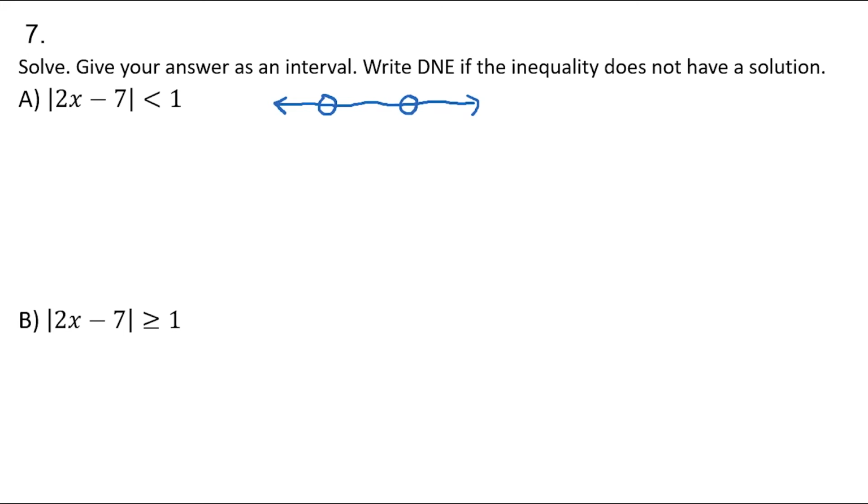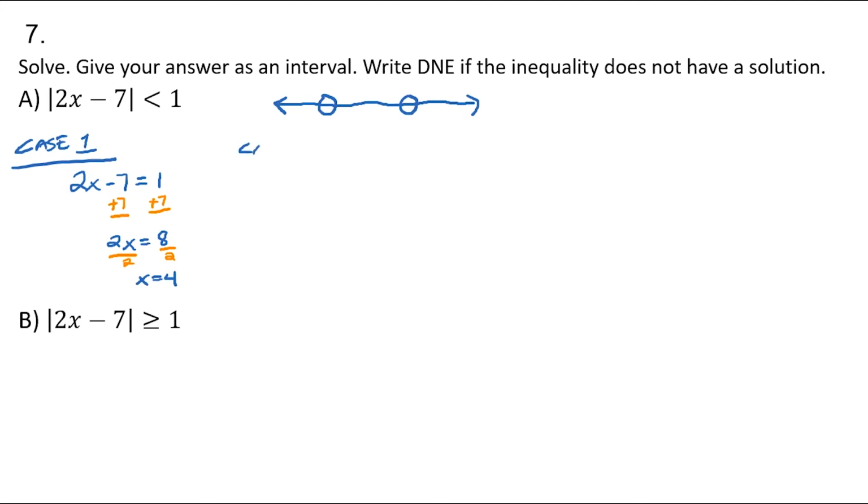So to find the critical values, just like when you're working with an absolute value with an equal sign, we have two cases. So let's start with case 1, and we'll have 2x minus 7 equal to 1. And let's solve this. Add 7 to both sides. End up with 2x equal to 8. Then divide both sides by positive 2. And we get x equal to 4. So there's our first